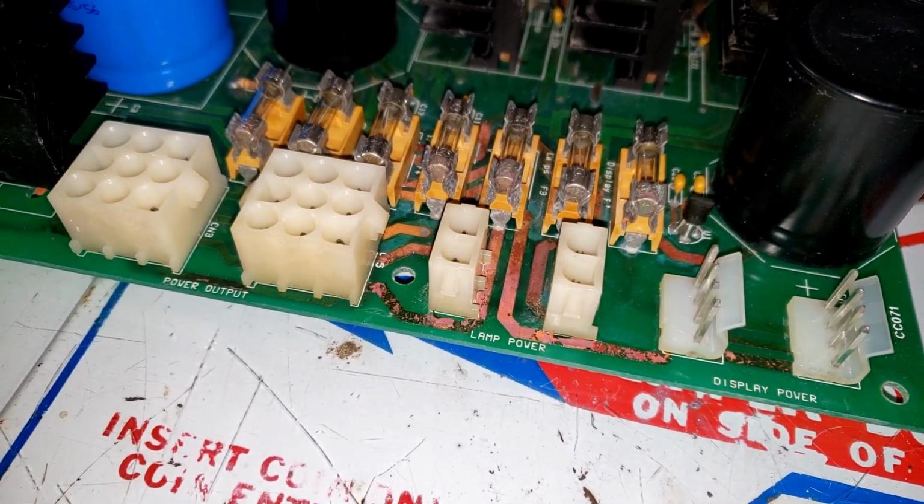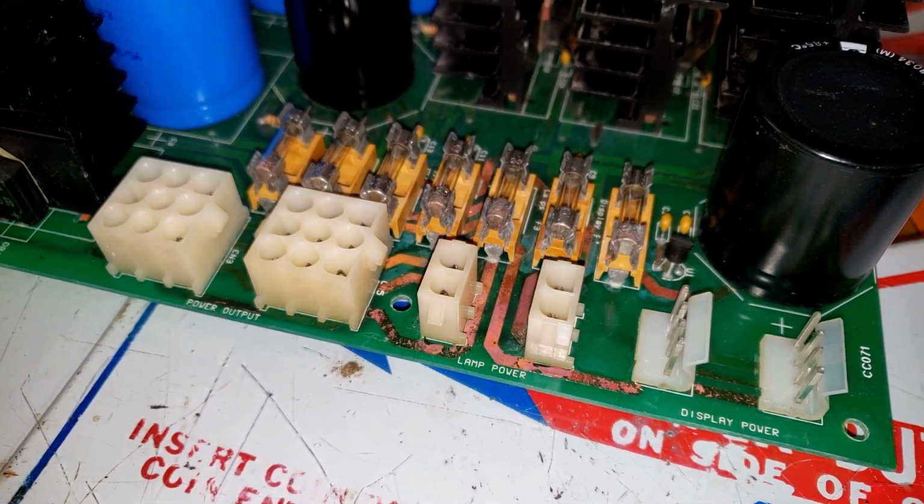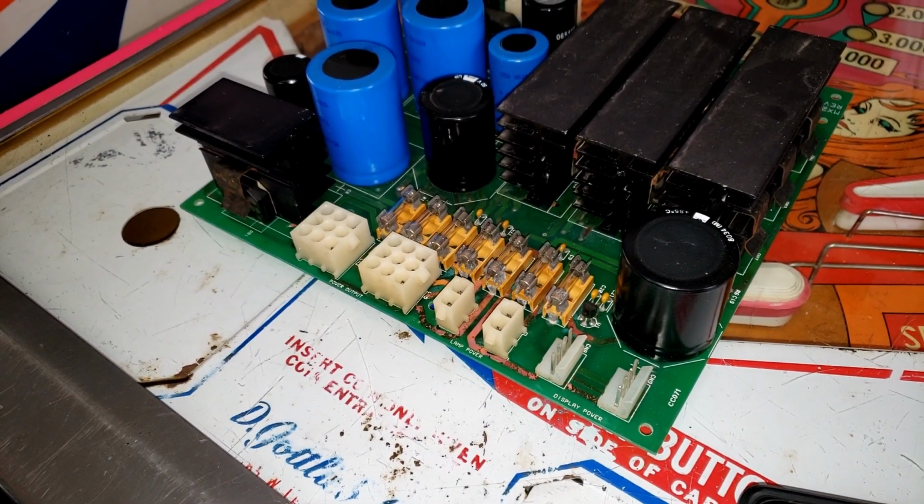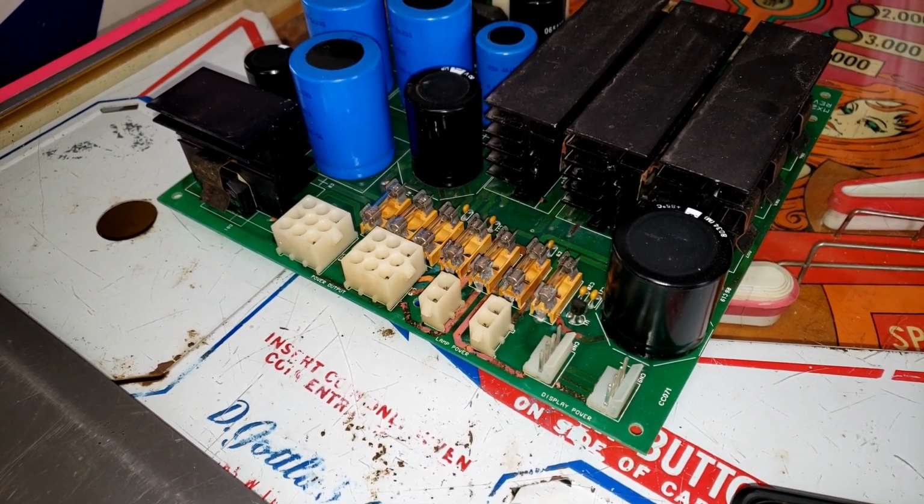We got all these traces that are burned black. We need to see if we have a broken trace. I checked all the fuses. All the fuses were good, so that's unfortunate, because that means something actually has failed,